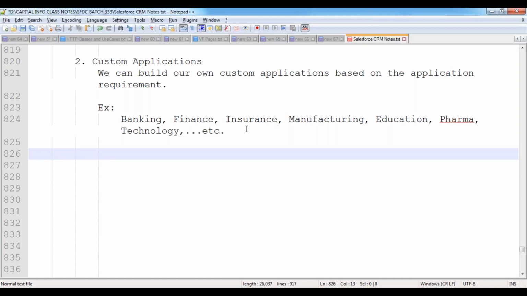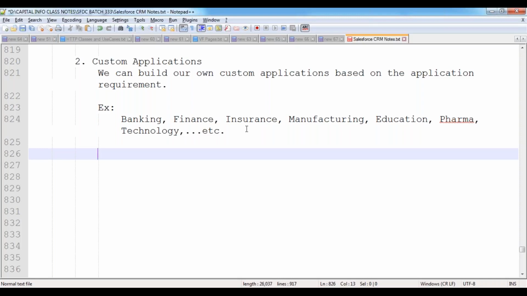Suppose you have your mobile. The mobile belongs to you, so you are the owner of the mobile. You can do whatever you want with it. We can make calls, access the internet, play some games. If the mobile is not required, you can throw it into the dustbin also, because you are the owner, you have the rights. In a similar way here, whatever custom applications are developed by the developers, that means we are developing, so we have the full rights.